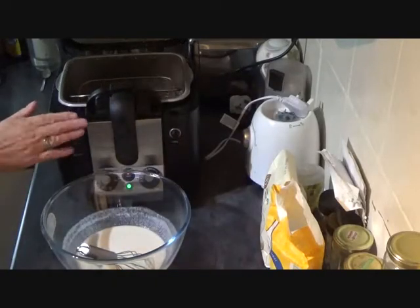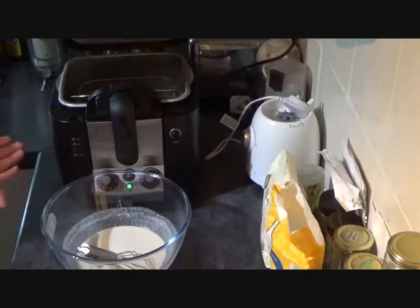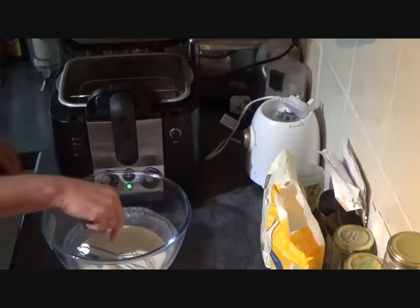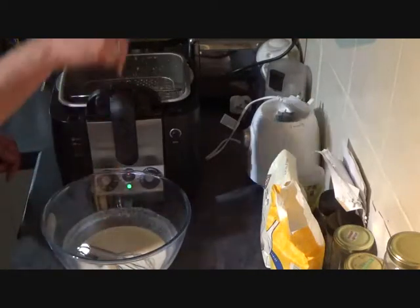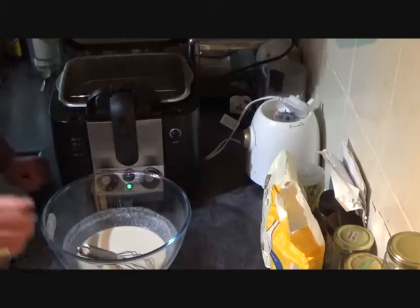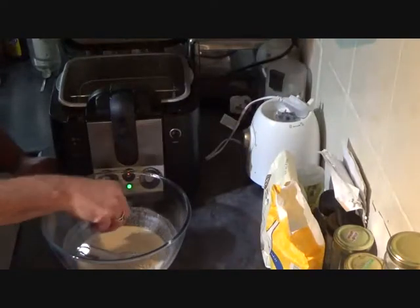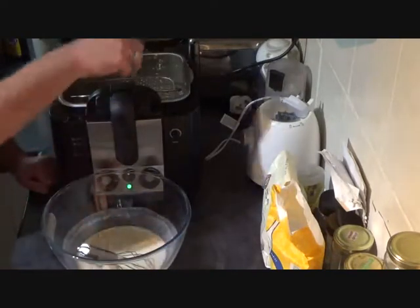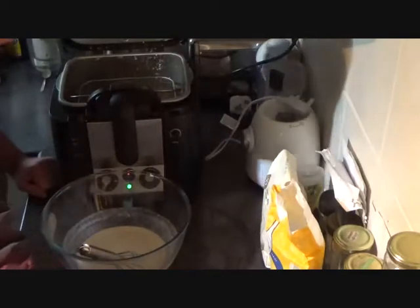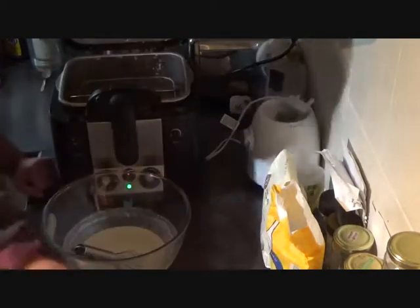You want to get yourself a deep fat fryer or do it in a pan with some oil. Get the oil up to temperature around 180, the same as you cook chips or french fries at. Get a bit of your batter, drop it in there. Get that nice sizzle and it's time to go in with your prawns. So dip them in, let the excess drip off and in you go for around 2 minutes until they become